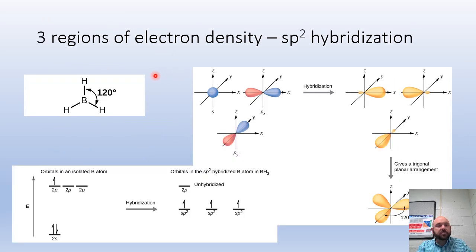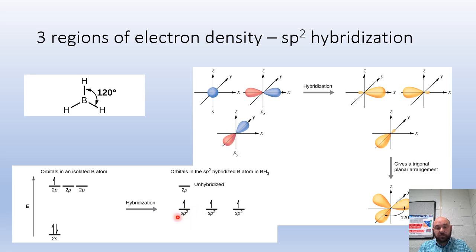Here we have the description of the bonding in the BH3 molecule. Boron only needs 6 valence electrons in order to satisfy the octet rule. If we look at a ground state configuration of boron, we see that it has 1 full 2s orbital and 1 half full 2p orbital. But in order to form the 3 bonds that we see in the Lewis structure, he needs 3 half full orbitals. In order to make 3 half full orbitals, he's going to combine one of the 2s and 2 of the 2p's into 3 sp2